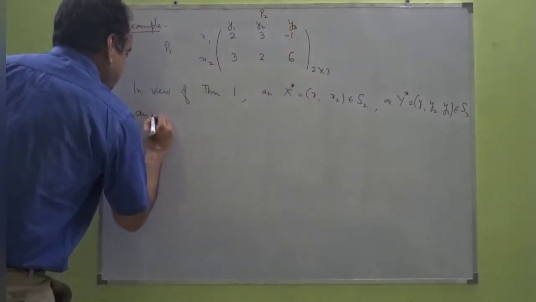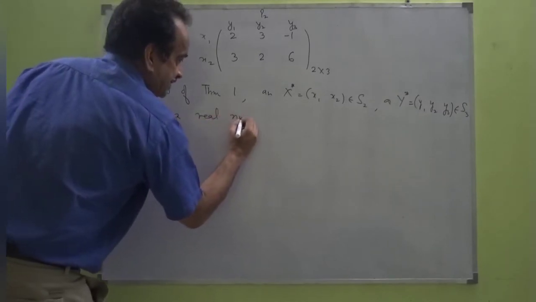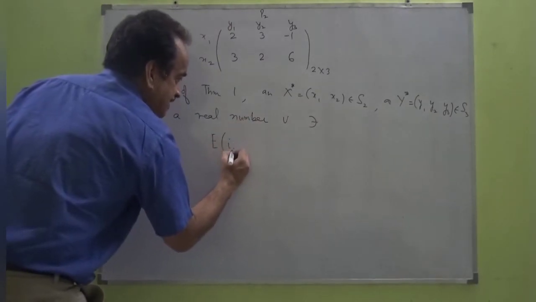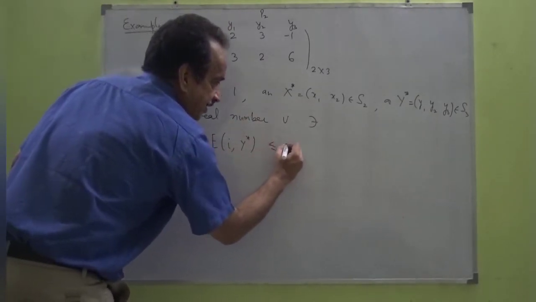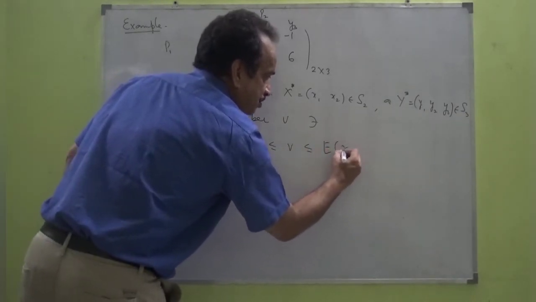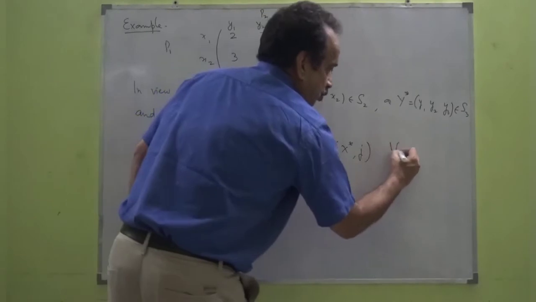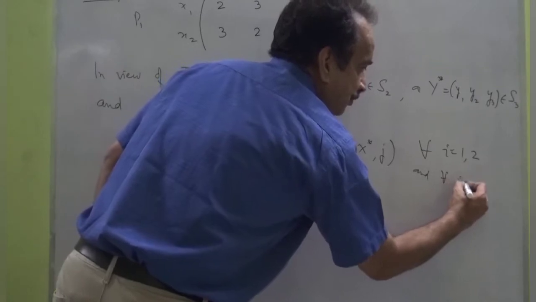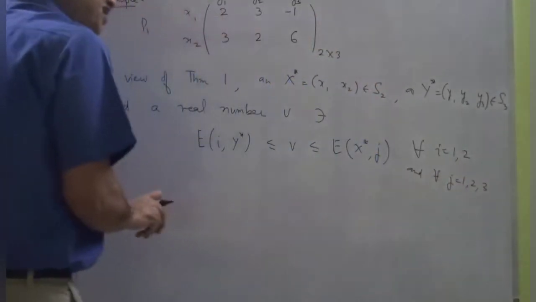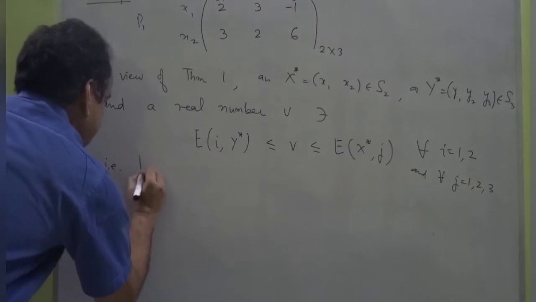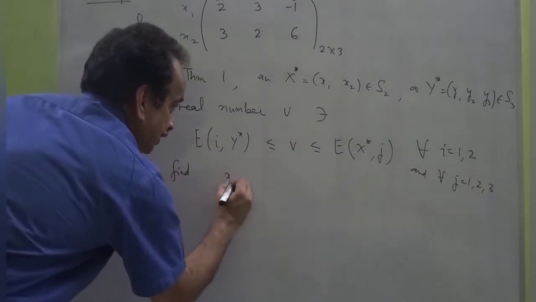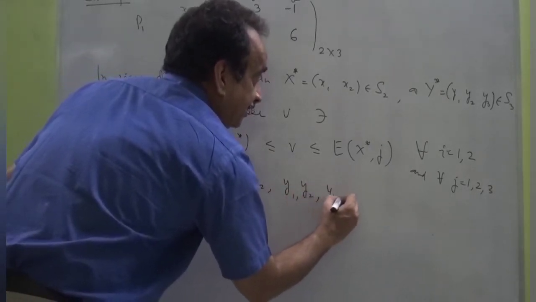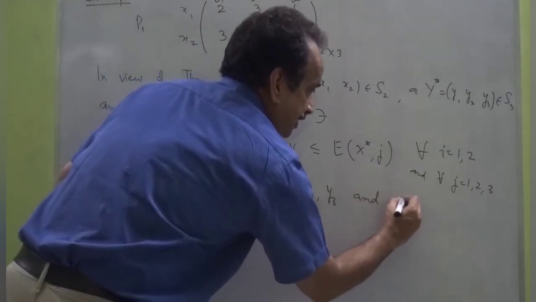and a real number v, so that E(i, y star) is less than or equal to v is less than or equal to E(x star, j) for all i; look, i can take the values 1 and 2, and for all j, j can take the values from 1 to 3. That is, to find x1, x2, y1, y2, y3 and v, so that